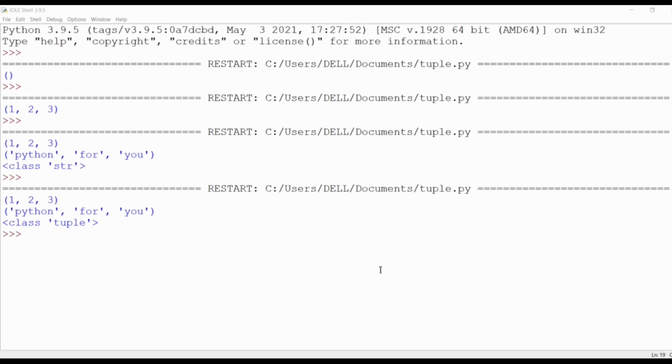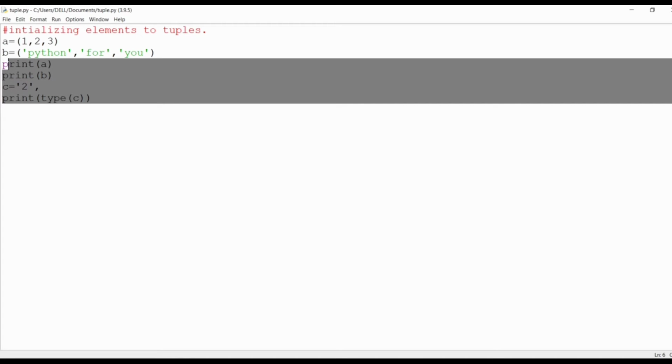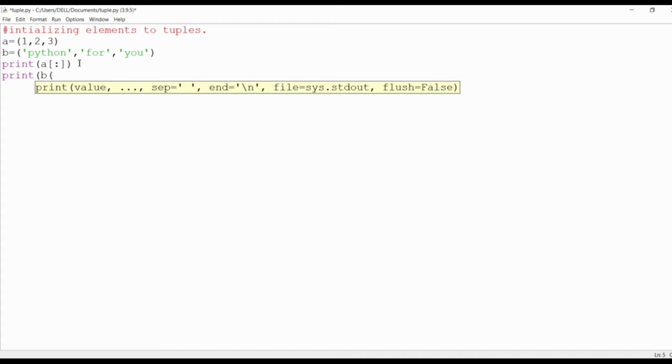In the next one we will be learning about accessing the elements in a list, sorry, in a tuple. I want to access all the elements in A, so I have to write print and write the tuple which I want, with a colon. After that I again want to print the tuple B also.